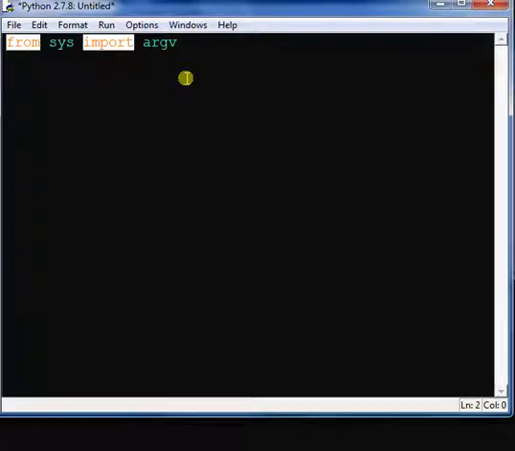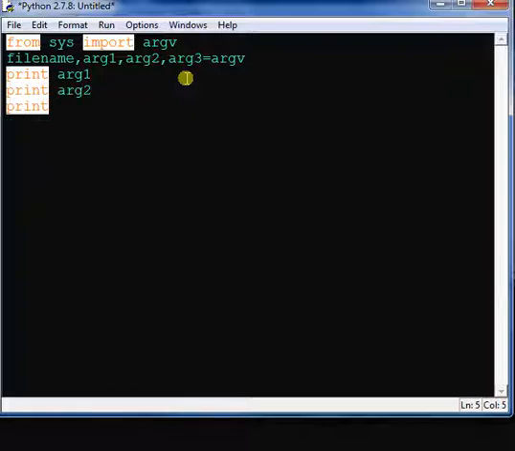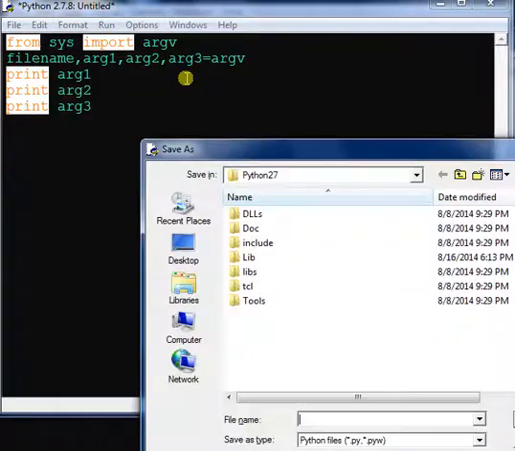So file name, then argument 1, argument 2, argument 3 is equal to your args. Okay, now first let's just print all of these: arg1, arg2, arg3. Let's save it as